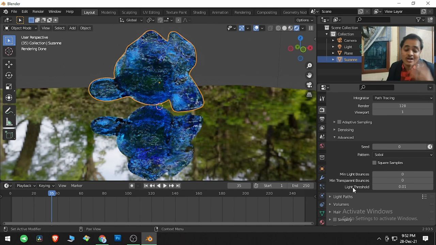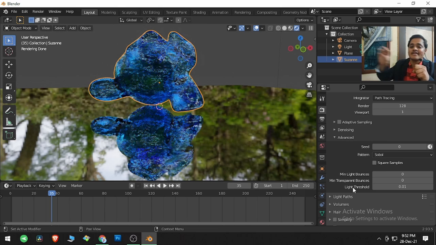And light threshold is a very clever feature provided by Blender. What it actually does is, if I have an object here and I have a light very far away from this object, Blender looks at this light and object and sees if the light is falling over the object, and then calculates the light information which is falling over this object.